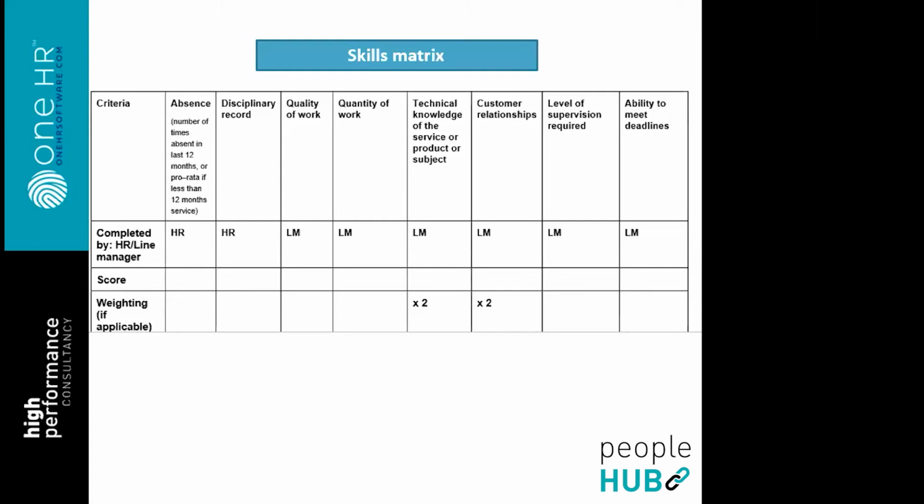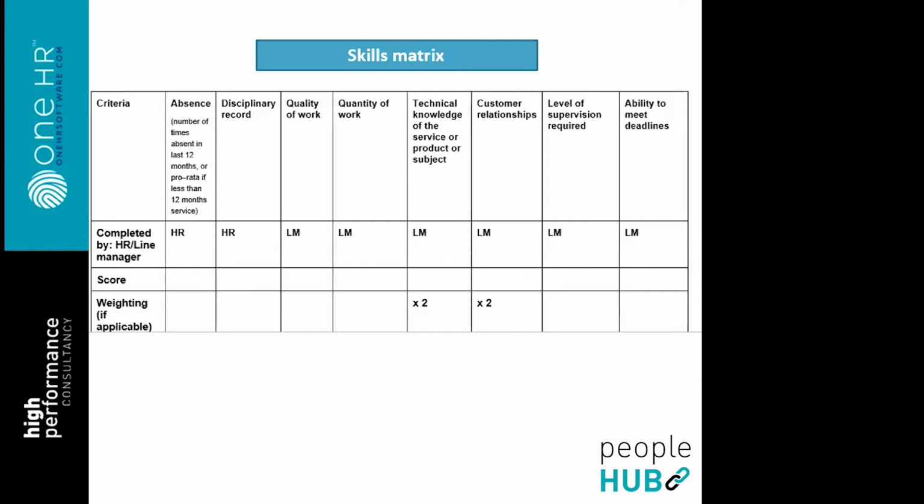So if nobody in that team has got a disciplinary record, or only one person has got a disciplinary record, and everybody else scores the same on the others, then that may be a bit unfair. So maybe look at things that you can very evenly spread out. So absence, is there a number of people who have absence issues? And then obviously they're the objective things, are very tangible. So absence and disciplinary, quantity of work, if that's measurable.